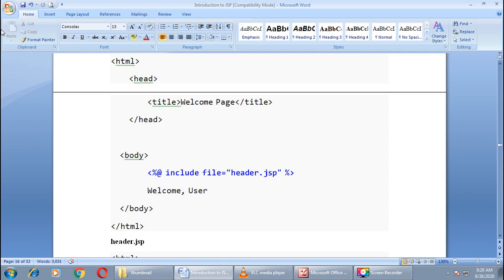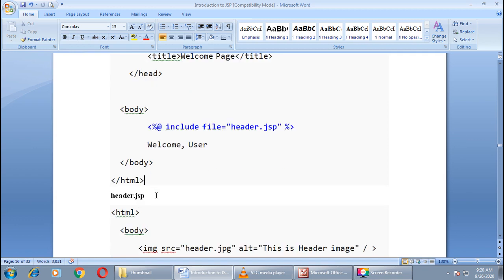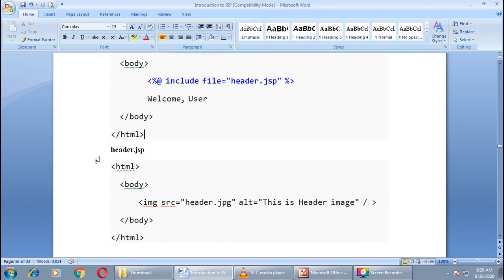Let us see what is inside the header.jsp file. Here we have created one JSP with the name header. It also has a body tag. It contains the body tag inside the HTML tag. Here I have taken one image tag of HTML, and the source is header.jpg.